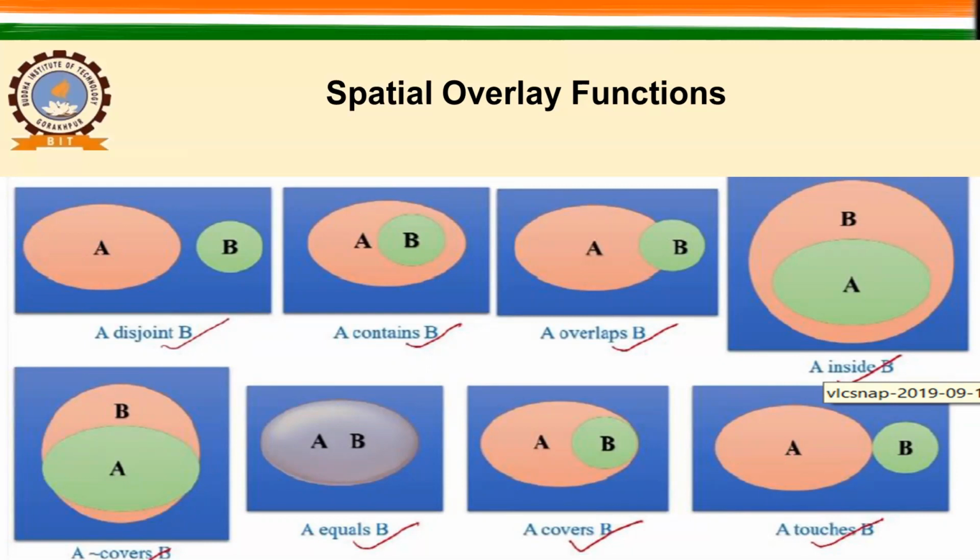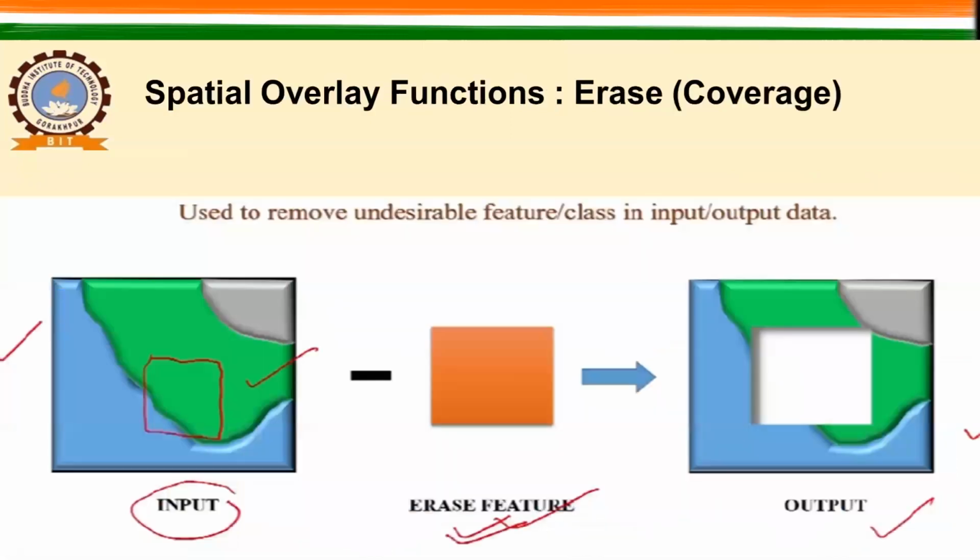So these kind of functions you can always define in a GIS environment. Now let us see what are the utility of the spatial overlay functions in our remote sensing application. When you are involved in some project where you want to use remote sensing data, how exactly is GIS playing a role? Let us assume you have derived a map by using some classification technique and some data, and you have this map output.